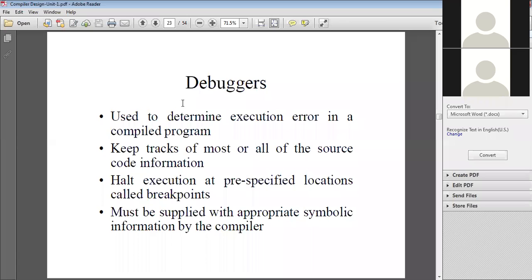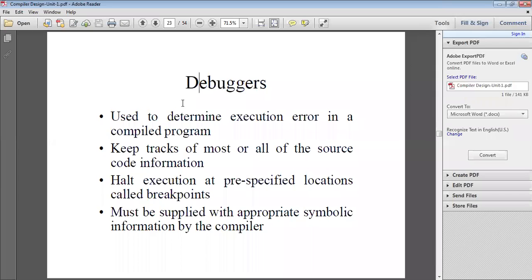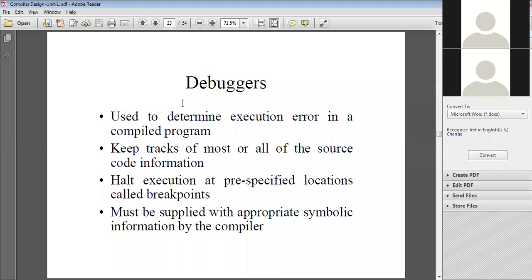So, what is the function of the debugger? It just debugs the program and gives you the different errors occurring in the program. Whenever you write a program, due to not following the proper language grammar, you will always get some sort of errors, and those errors are debugged by the system software called debuggers.